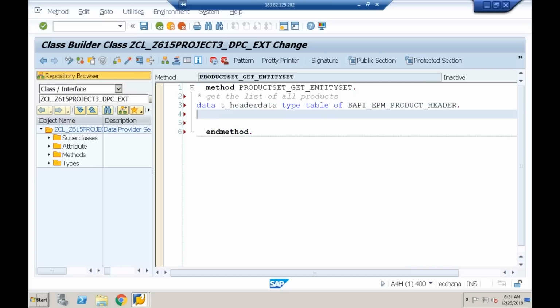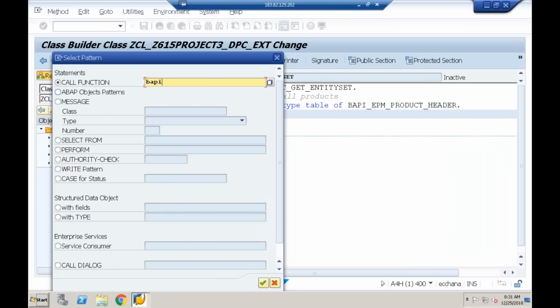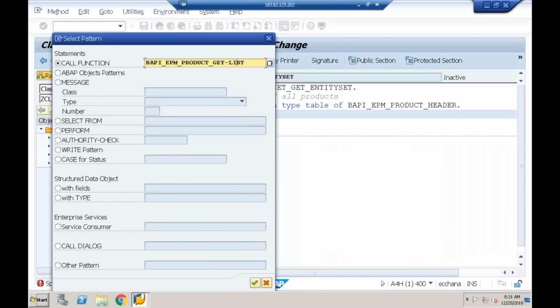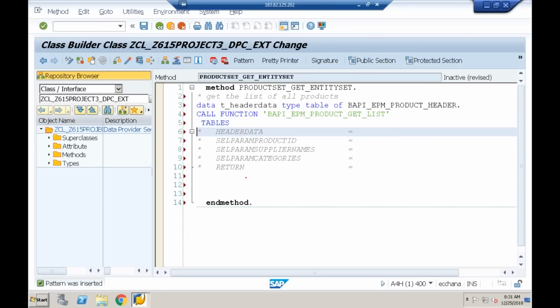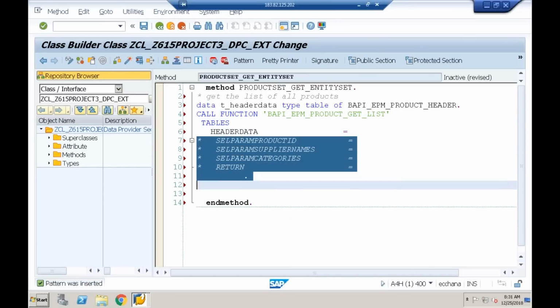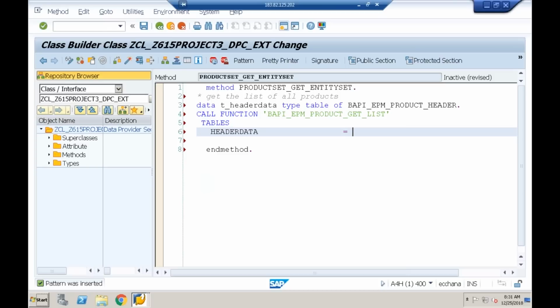So I'll call the function module BAPI_EPM_PRODUCT_GET_LIST. I'm interested in this tables parameter. Done. So I'll get the data in the internal table T_header_data. So once I got the data in T_header_data,